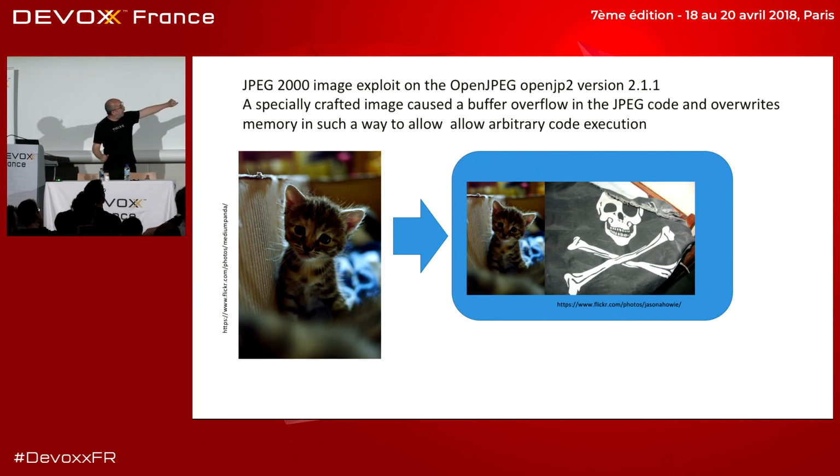When I talk about images, it's not just text. This is a really nice little exploit. It turns out in the JPEG code, right at the bottom in the C code, there was a vulnerability that allowed arbitrary code to be executed. So it isn't a Java problem, right? But somebody figured out how to insert into the JPEG format some code to be executed that you didn't see. Your nice little kitten gets uploaded, and as part of the parsing and turning it into a JPEG format in memory, this payload came through and got executed.